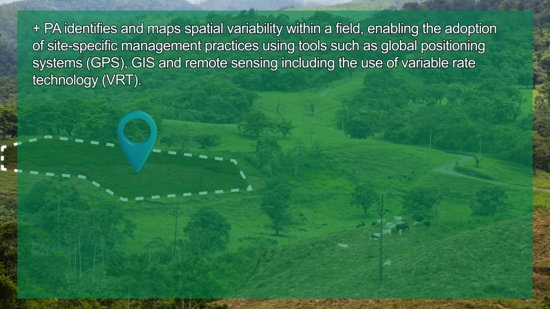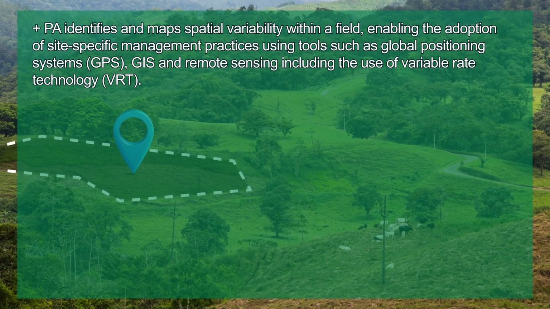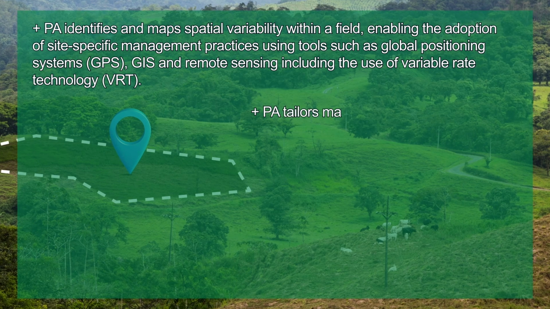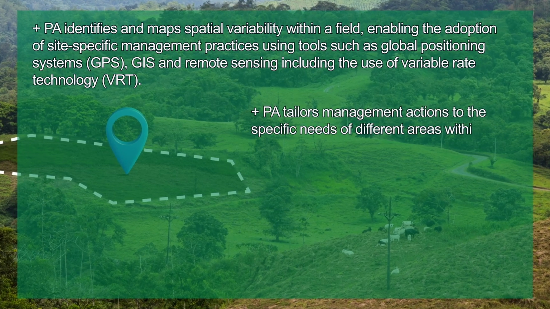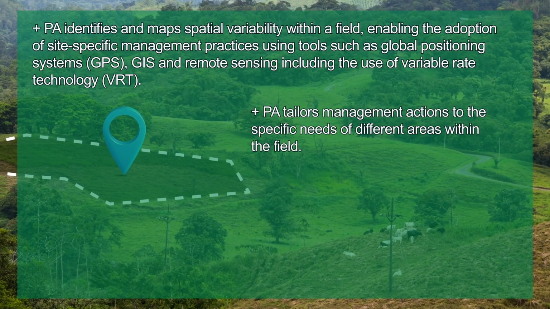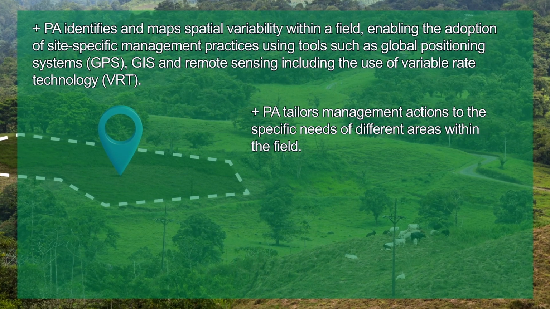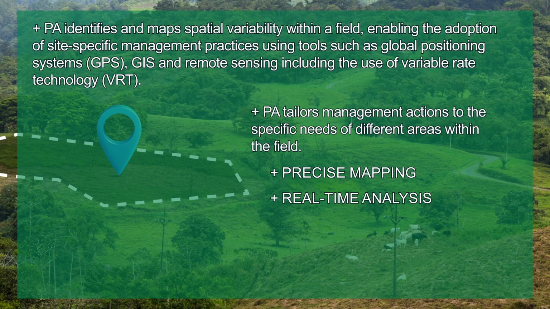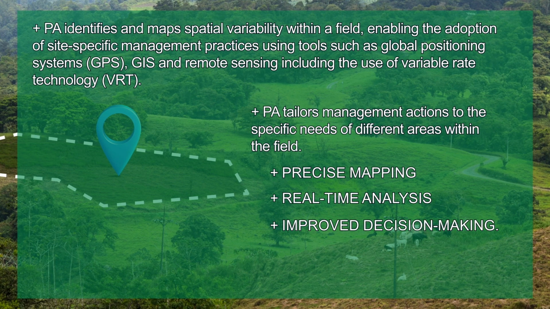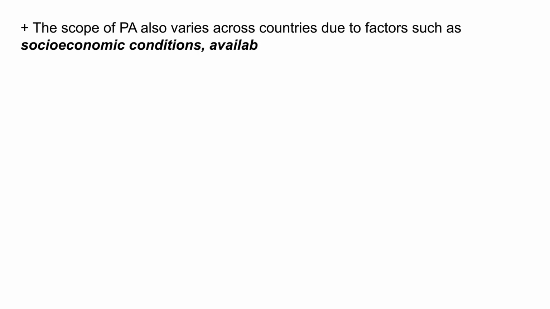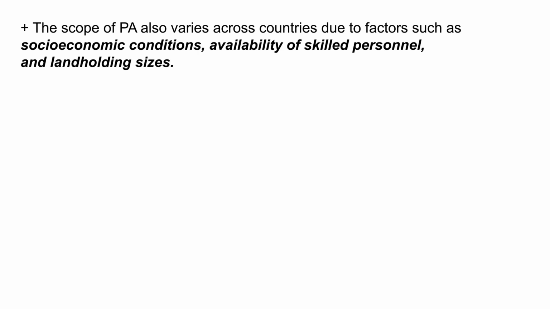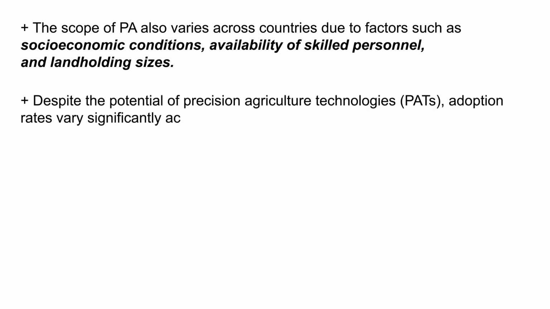Instead of applying inputs uniformly across an entire field based on an assumed average condition, PA tailors management actions to the specific needs of different areas within the field. The combination of GPS and GIS in precision agriculture enables precise mapping, real-time analysis, and improved decision-making. The scope of PA also varies across countries due to factors such as socioeconomic conditions, availability of skilled personnel, and landholding sizes. Despite the potential of precision agriculture technologies, PATs,